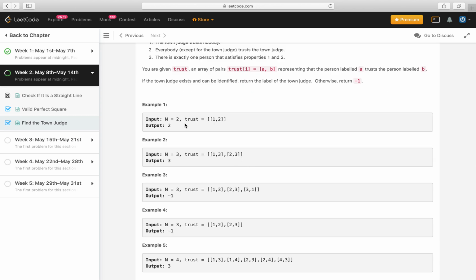Example 1 is we have an input n is equal to 2 and the trust has one pair, which says 1 and 2. It means 1 trusts 2, and the output is 2 because 2 is trusted by 1 and it doesn't trust anyone. In example 2, input is n is equal to 3 and the first pair is 1 and 3, 1 trusts 3, and the second one is 2 trusts 3. So 3 is the person who is trusted by 1 and 2 and he doesn't trust anybody, so the output